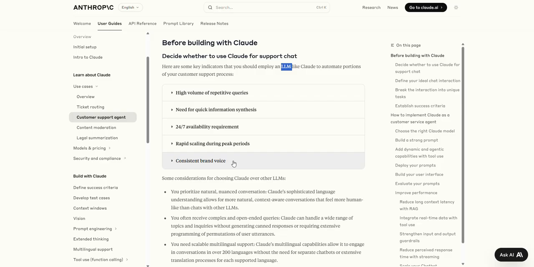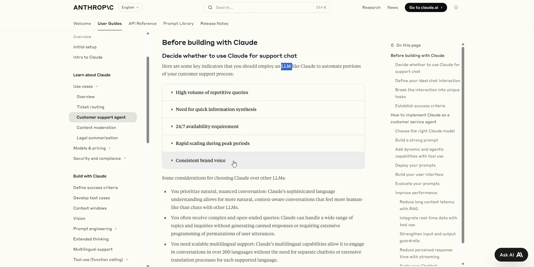Basically, something that needs to have a patternization, needs to handle high volume, and needs to be very scalable and have a very great uptime serving